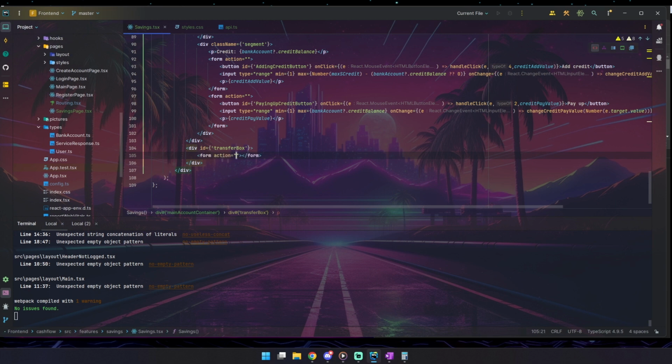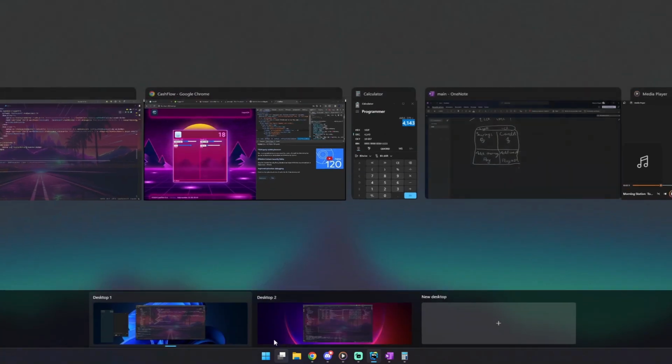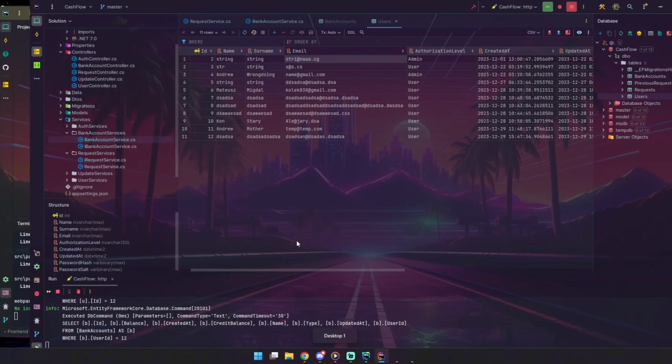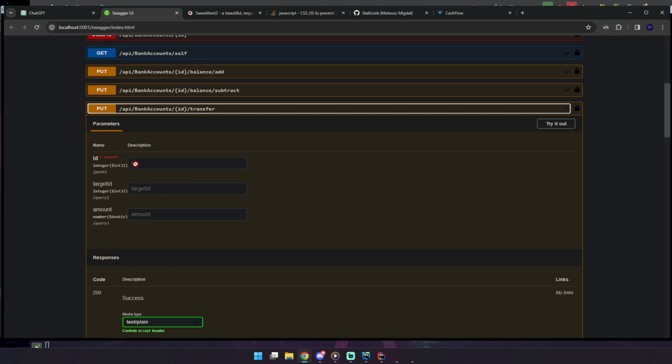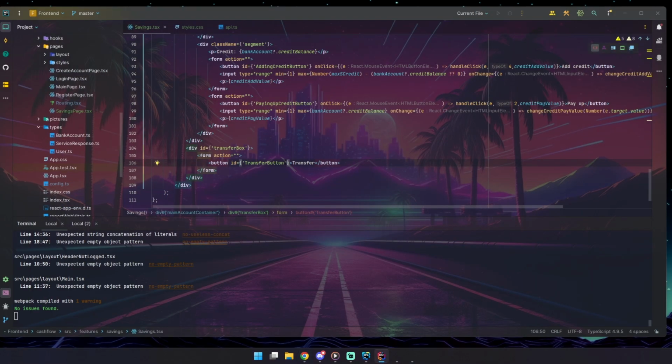So we do need a form, obviously, as always. We do need a button. This button will be of an ID, transfer button, and transfer. Also, on a click, we will be wanting to make something happen, and the request is a little different right here. Actually, okay, I need to bring back Rider. Because the request actually, and if we go to swapper, transfer requires also a target ID, so we need to create another